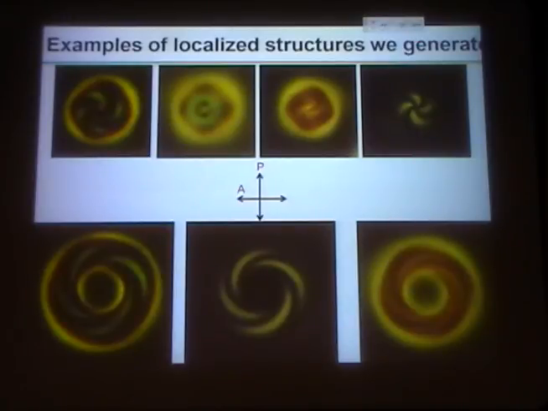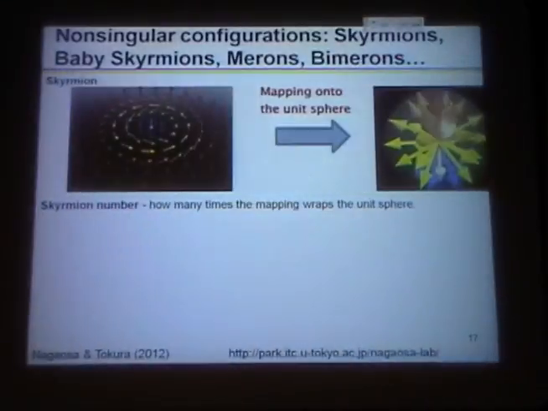Now, many different varieties of structures similar to the ones I showed you can be generated. A real zoo of different structures, and here I just show some examples of them. You can see that they have some features in common, but there are also noticeable differences between them, and so we can probe using three-dimensional imaging and study the details corresponding to those structures. But before I discuss some of the examples, not all because of lack of time, as I will not be able to go through many of them,